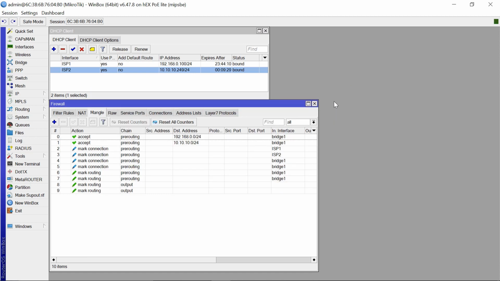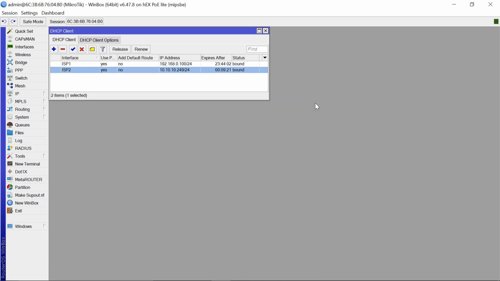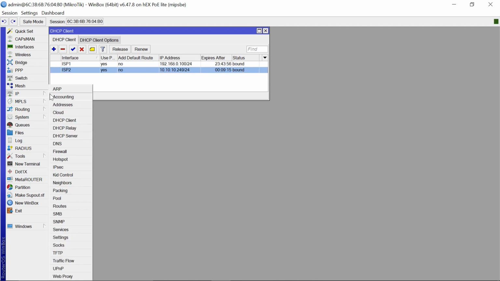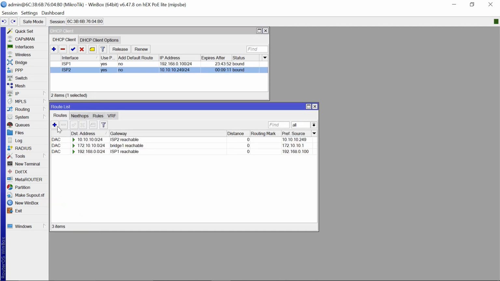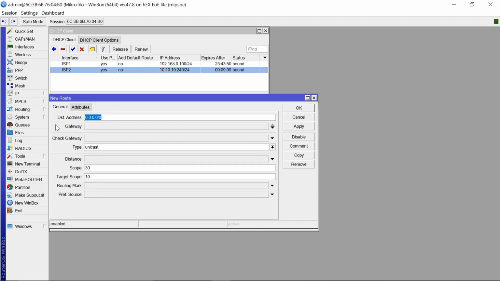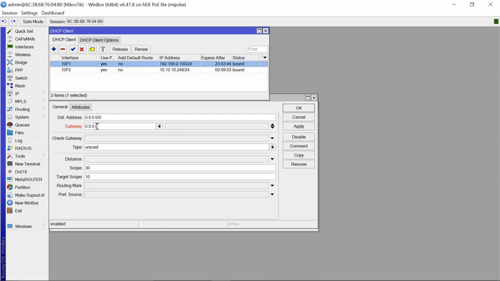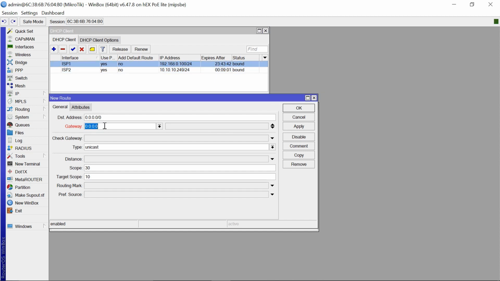Okay, so basically we are now done with the mangle rules that we need for the load balancing and failover to work. Now what we are left with is now to create some routes for the same. So we need to come to IP and then routes. Let's add our first route here. So the gateway now is going to be we are going to use the gateway for the first ISP for this case. So this is going to be